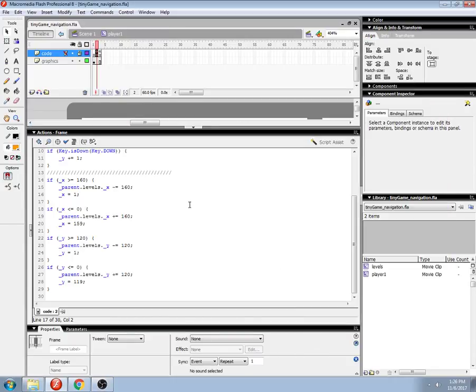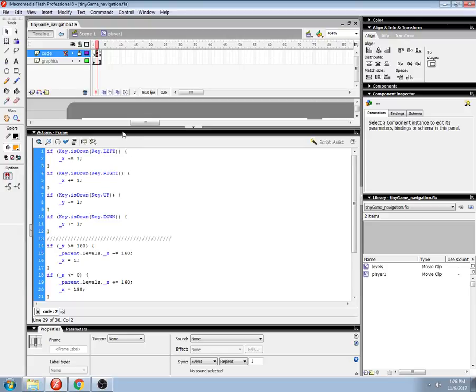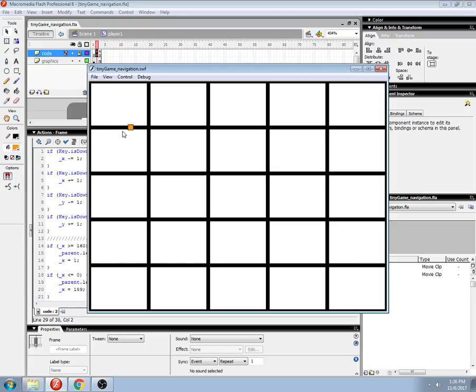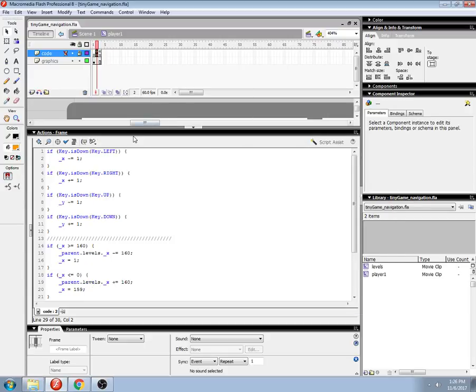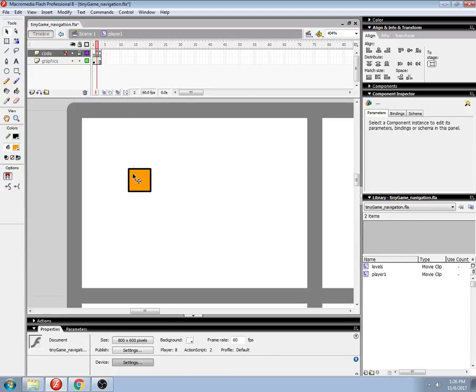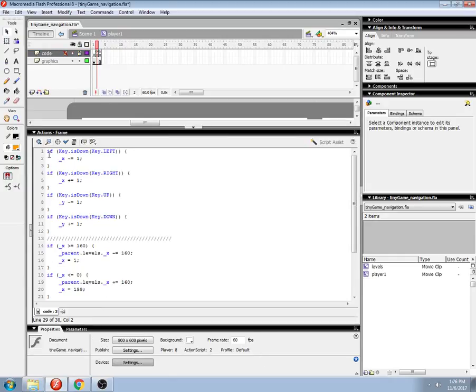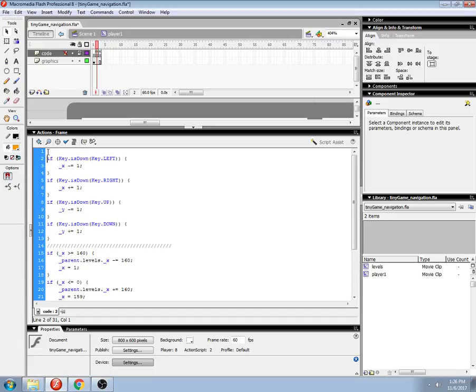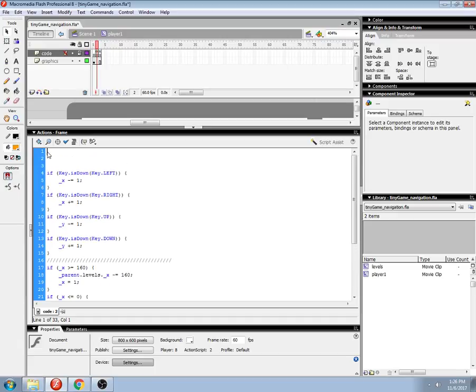Now in this video we're going to continue on with being able to move around the map. And what we need to do is put a restriction on moving. When we hit the wall of the levels, we want to make it so that you can't keep going. And so the way we do that is we say